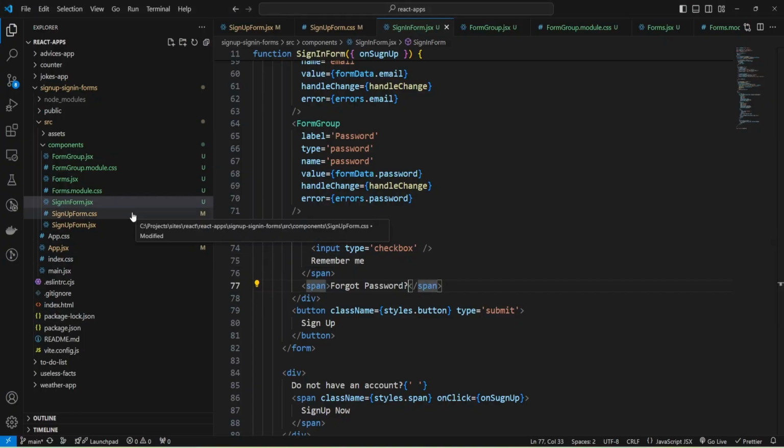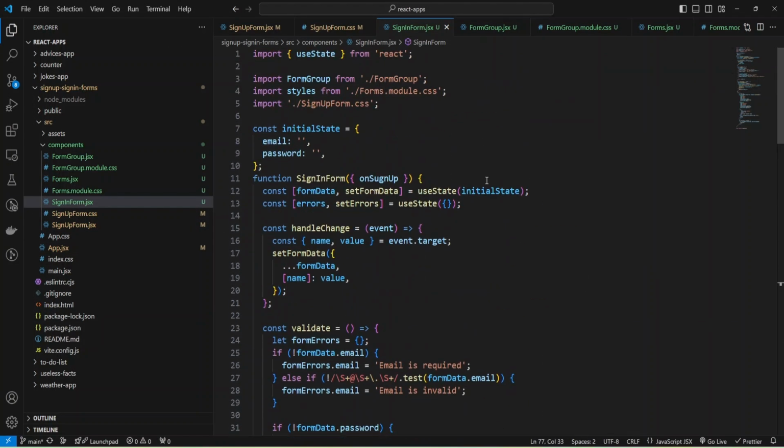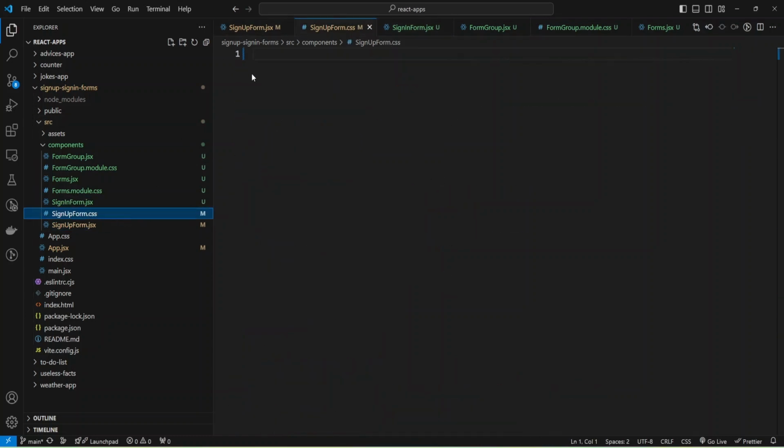And for that, I'm going to use separate styles and create sign in form module. And actually, we don't need this file anymore. We can rename it and provide sign in form module CSS.